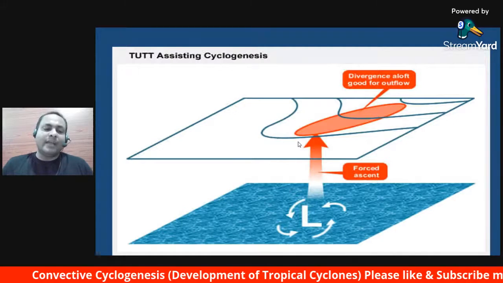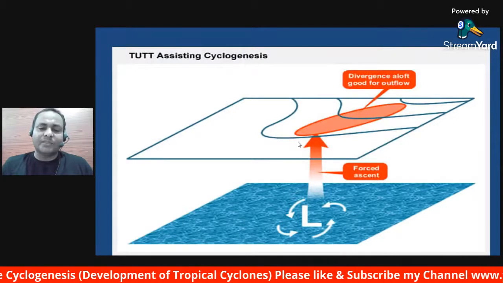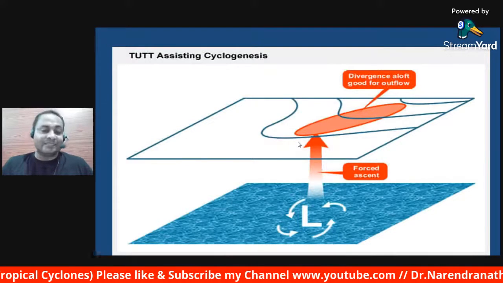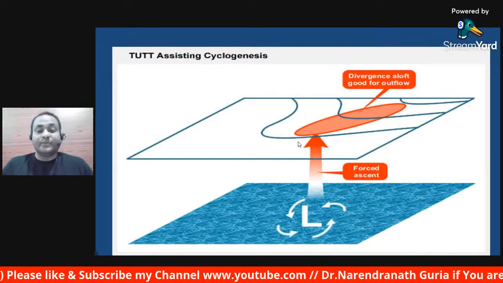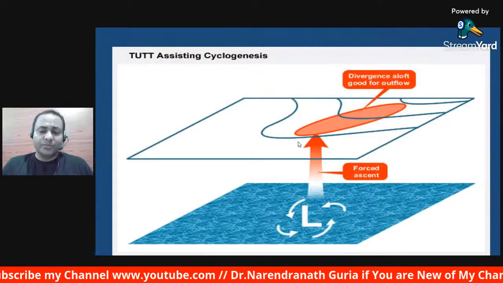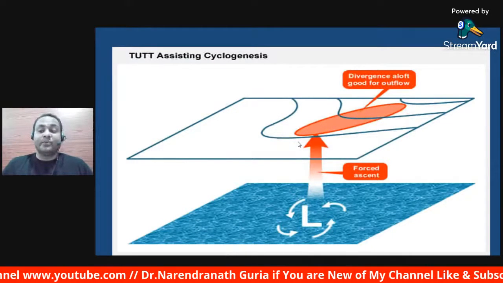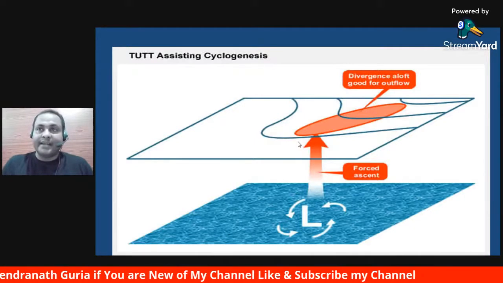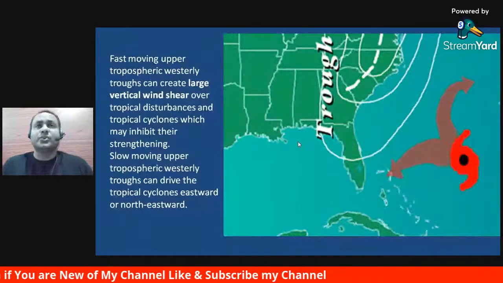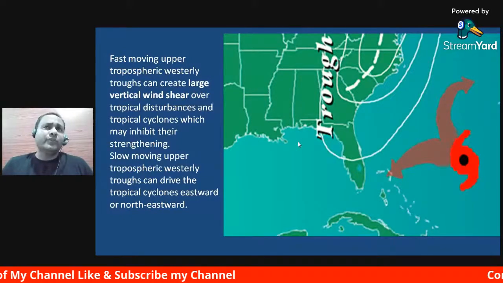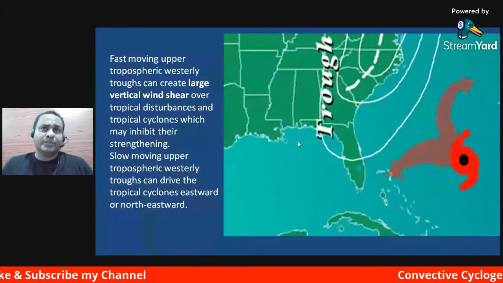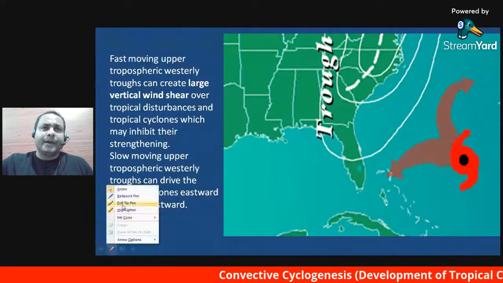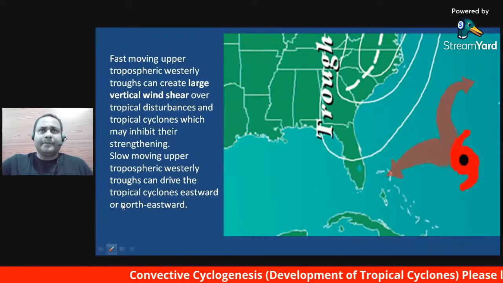And an upper tropospheric westerly trough is important for tropical cyclone forecasting, and this is because the fast moving upper tropospheric westerly trough can create large vertical winds and shear the disturbance, and it is very important and relevant to this topic. You must know that the fast moving upper tropospheric westerly, basically, are the upper tropospheric